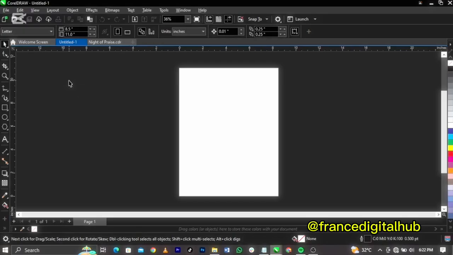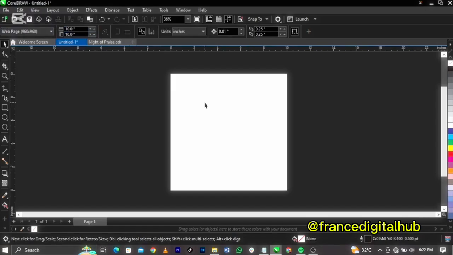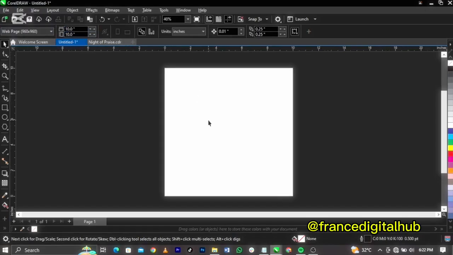Now the next thing we're going to do is change our paper size, and the size we're making use of is 10 by 10 inches. To do that, come over to your page dimension, change it to 10 by 10 and press enter on your keyboard. Now the next thing we're going to do is come over to our rectangle tool,